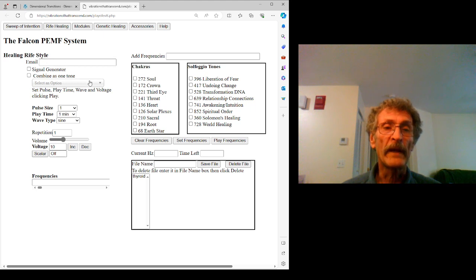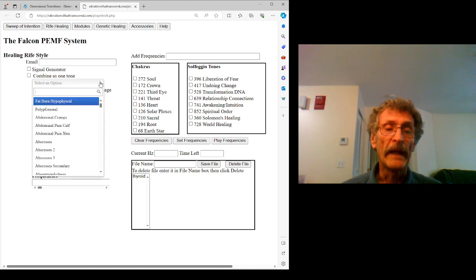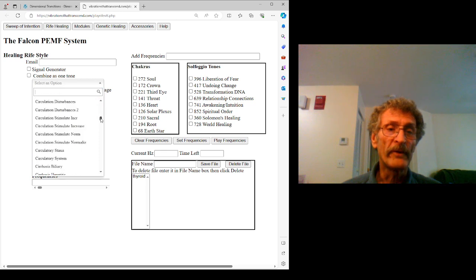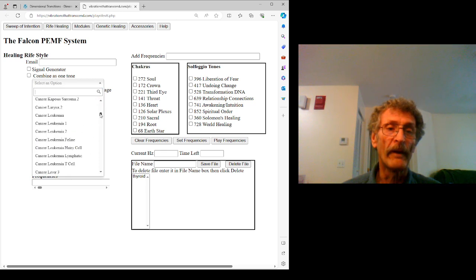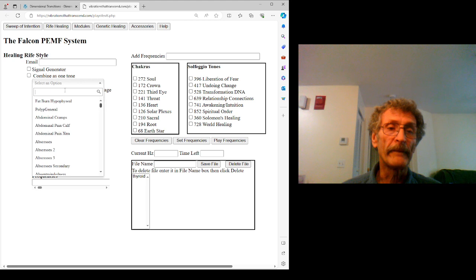Now over here, to look at the database, you go where it says select an option and click on the down arrow. You will see a list of hundreds and thousands of different ailments that you can select to see what frequencies were used for them.